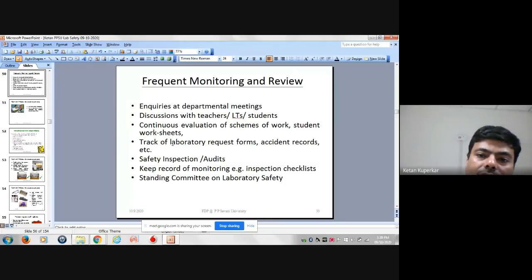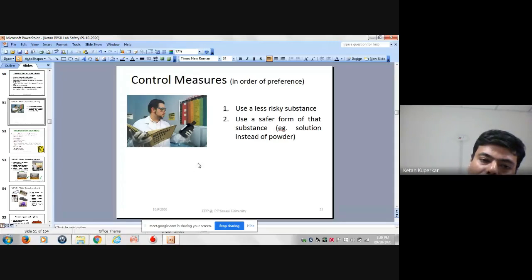the laboratory request form, the accident records, the safety inspections or the audits, keeping a record of the inspection checklist, and altogether a standing committee on laboratory safety. Now, when you talk about laboratory safety or the control measures, the first